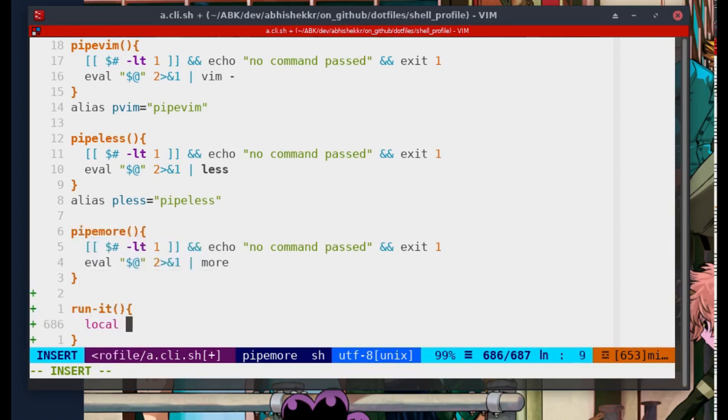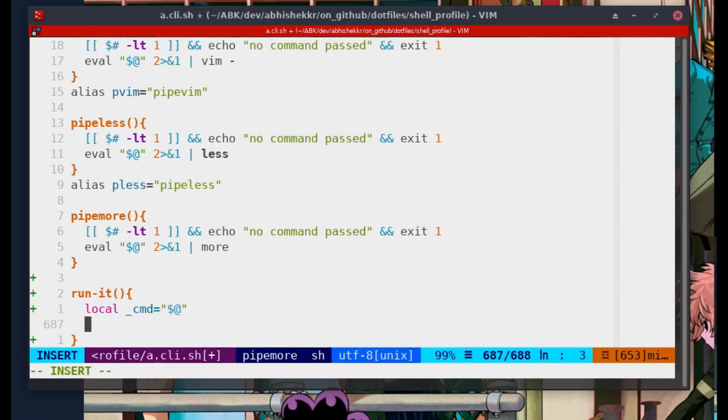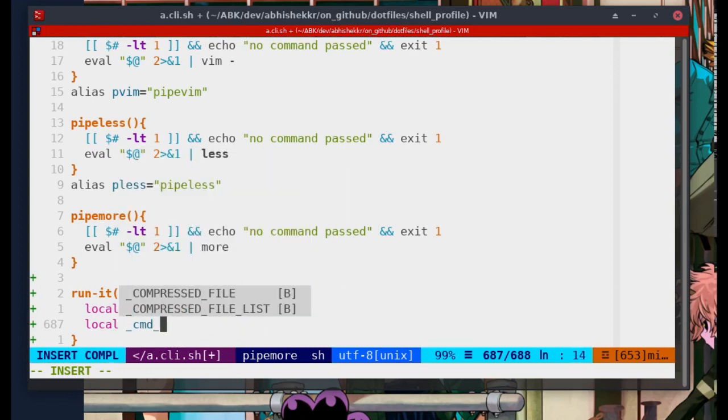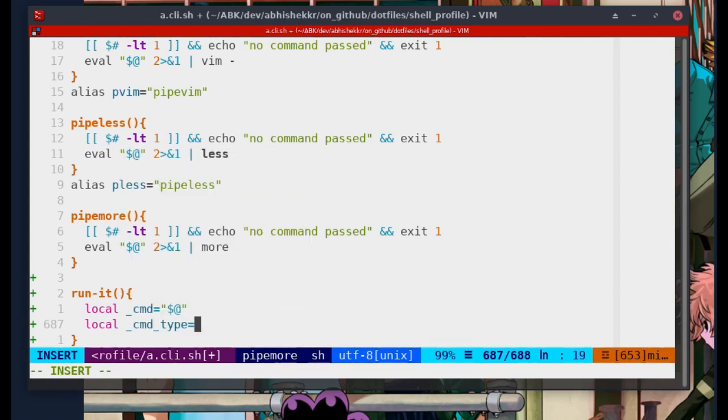The one thing that it must have is a command that it needs to run. So let's just pass it that, and then it needs to cache it. So it needs some markers for it. We can have a command type for it, which will be, say, if you're doing curl www.example.com, it will simply give you curl. We can do something like this for that,